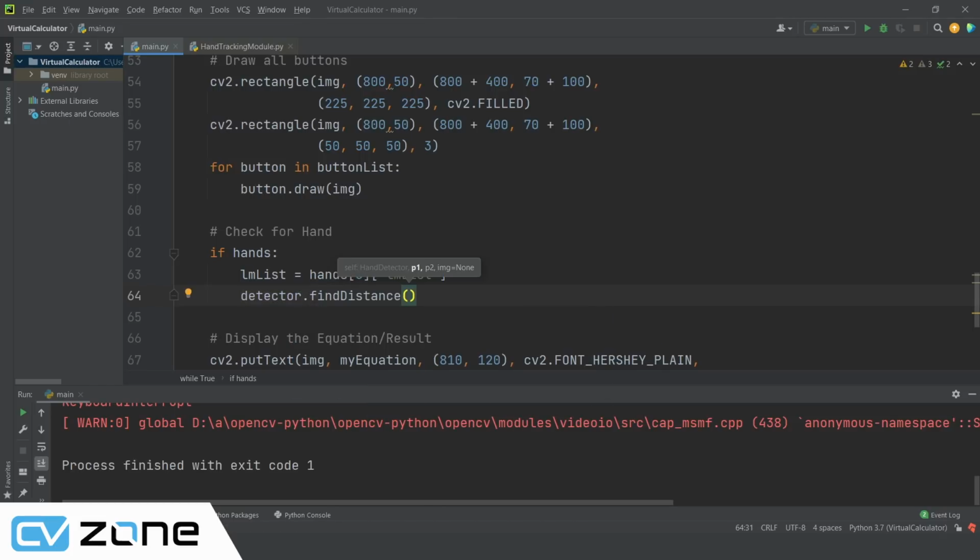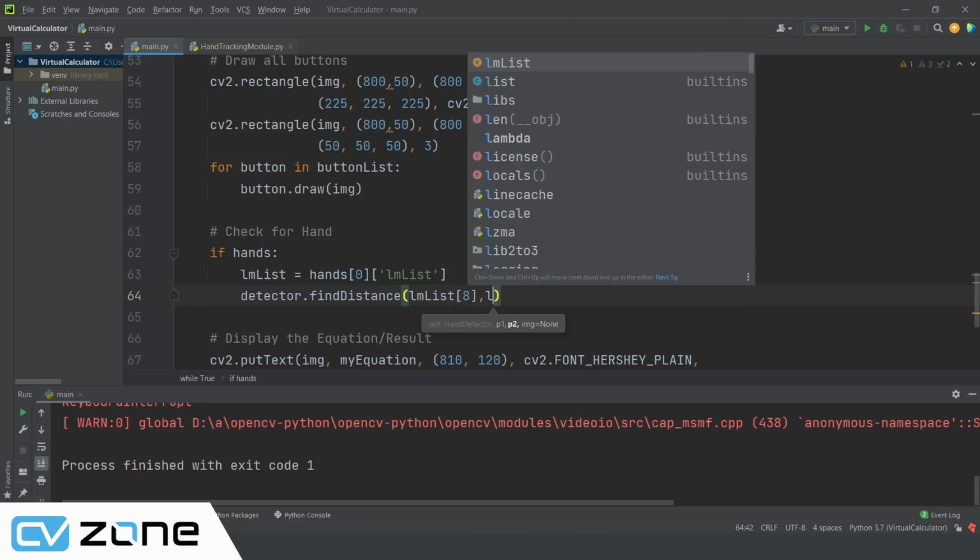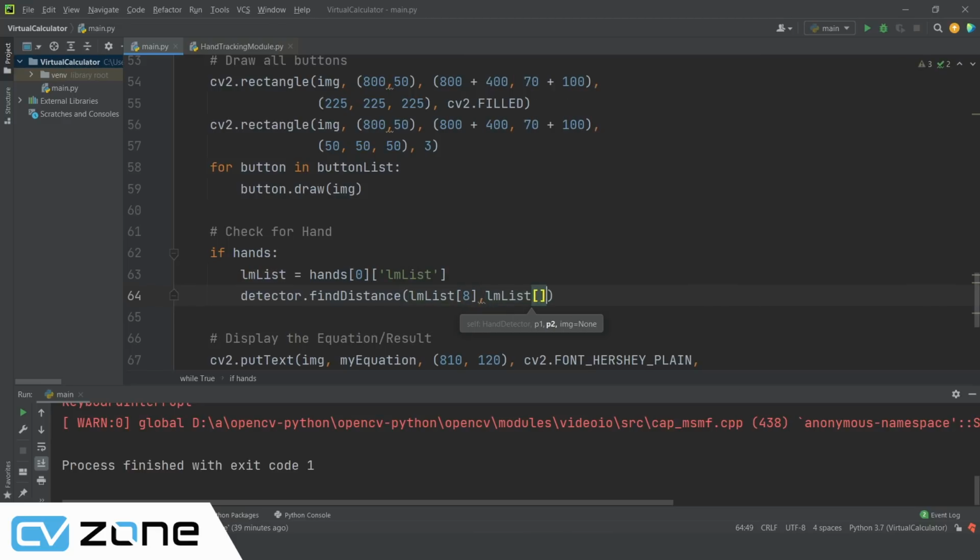We need to find the distance between the LM list at 8, which is the index tip, and point number 12, LM list at 12, and we want to draw it on our image. So this will return us